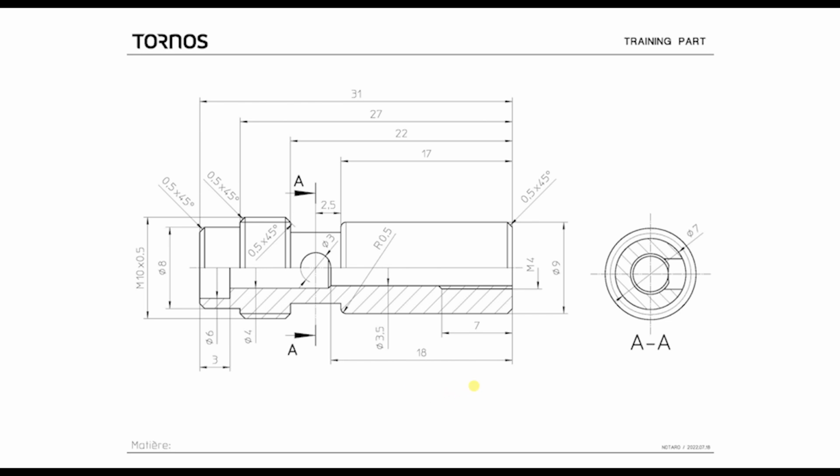You see that it involves a longitudinal hole of 2 diameters. We also have an external contour as well as an internal one. You see a groove, an external thread, and also an internal thread. Additionally, there is a transversal hole. We can say that the range of elements involved is wide enough to surely learn how to prepare a program